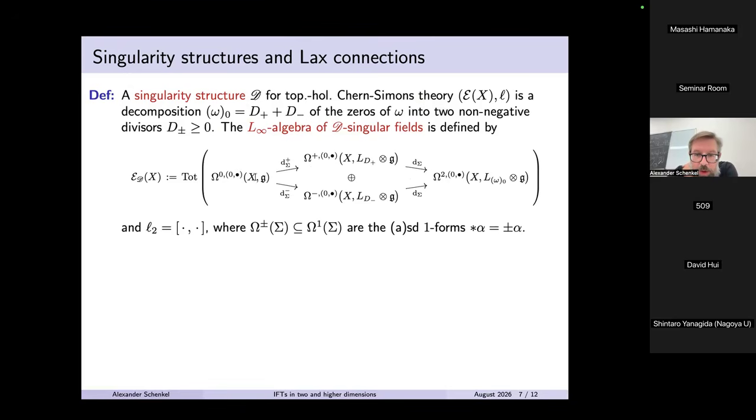Now, after this decomposition, I can start twisting. I use the d plus divisor to twist the plus forms, the d minus divisor to twist the minus forms. And I also have to twist the two forms. How do I have to do that? Okay, I mean, here that divisor must contain singularities of both this and this. Why? Yeah, because you take a plus form and a minus form, you apply the bracket, you produce a two form. So the singularities here add up. So this is why this part here of the complex has to be twisted with the divisor of all zeros